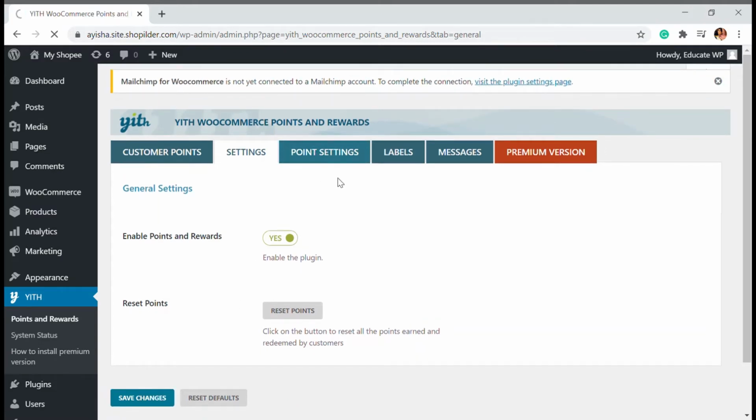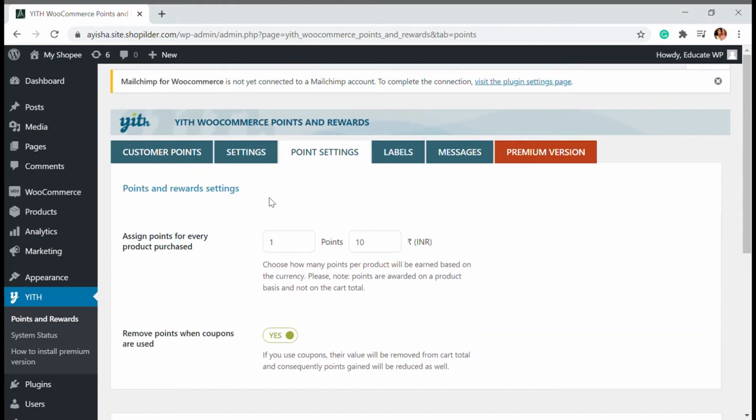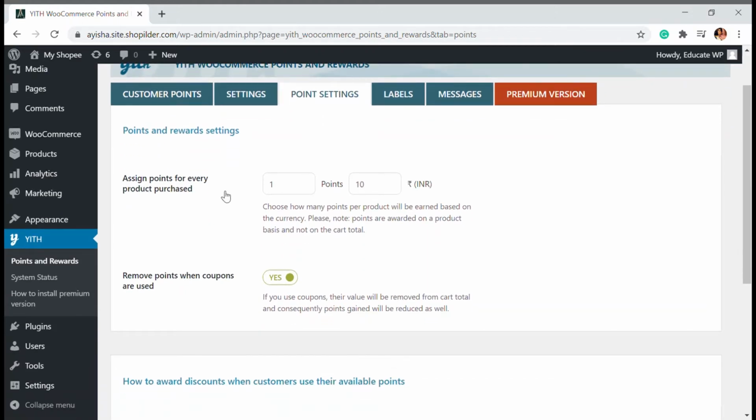Then we have the point settings. This is a very important setting. You can assign points for every product purchase. For example, if a person buys something for 10 rupees or 100 rupees, that person will get 1 point. You can choose this however you want. If a person buys for 100 rupees and you want to give them 100 points, you can also